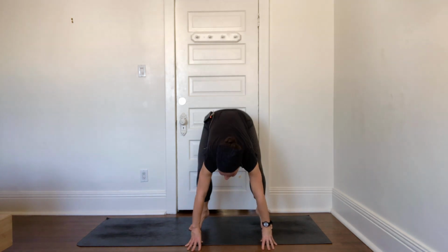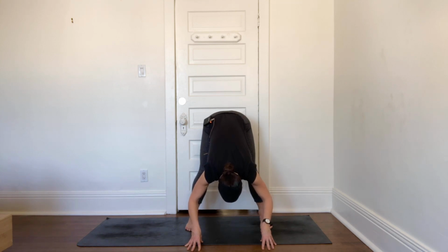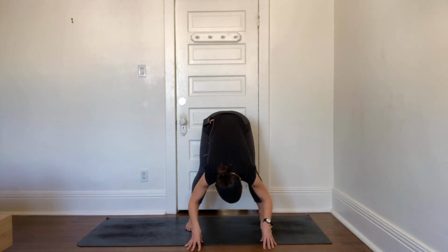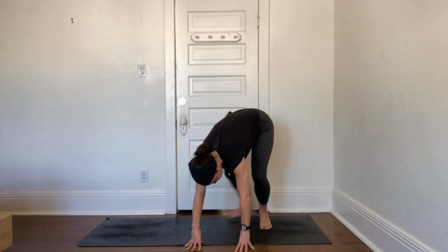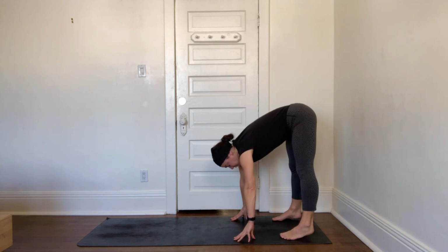And then from there, fingertips can come further back under the shoulders. Let your hips lift, turn your toes forward to come into a wider foot, forward bend. Knees can be quite soft. Releasing the weight of your shoulders, letting them sink down with gravity. Taking another breath or so here. And then when you're ready,